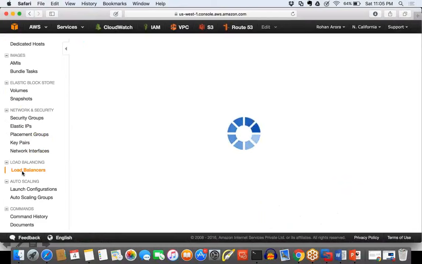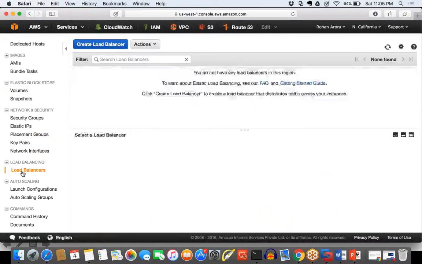So let's go ahead and launch our first load balancer. You have to keep one thing in mind: a load balancer is specific to a region. So I've chosen North California. This load balancer will work only for the North California region. That's it. I go to create load balancer,